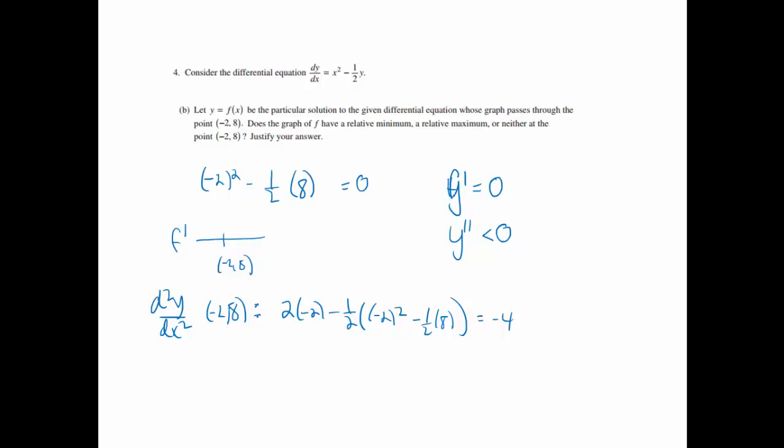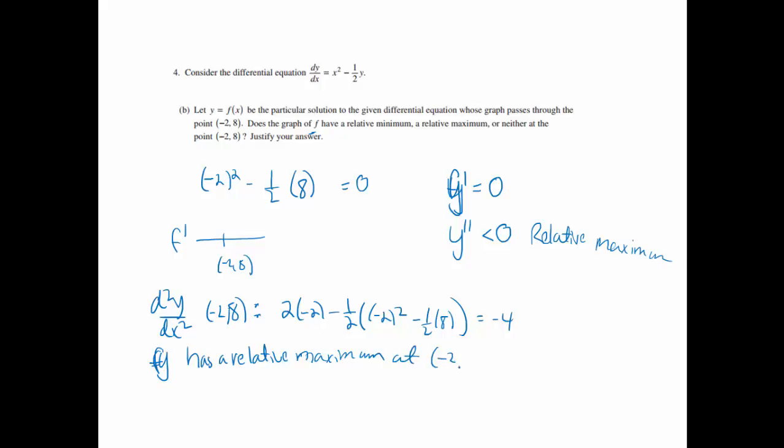So if we get y prime equaling 0, which makes it a critical value, and if we find that y double prime is less than 0, that means that there is a relative maximum at that point. If we found out that y double prime was greater than 0, there would be a relative minimum at that point. And again, that was called the second derivative test. So we will say f or y, it doesn't matter which one we refer to it as, it says does the graph of f, so we'll call it f. f has a relative maximum